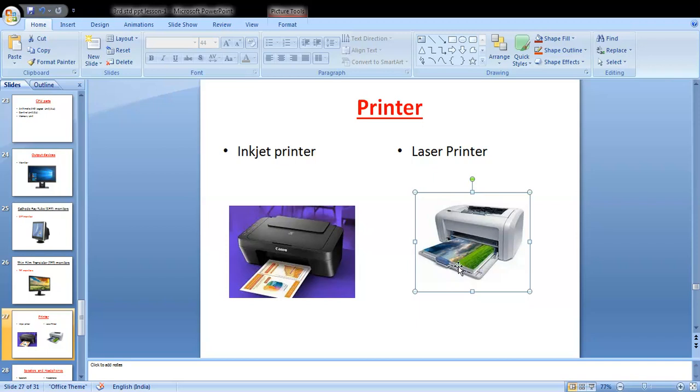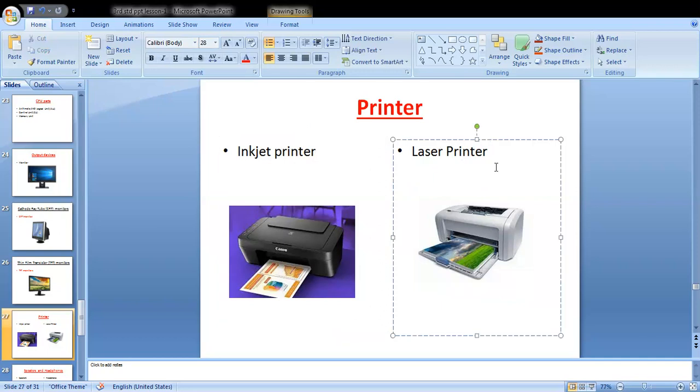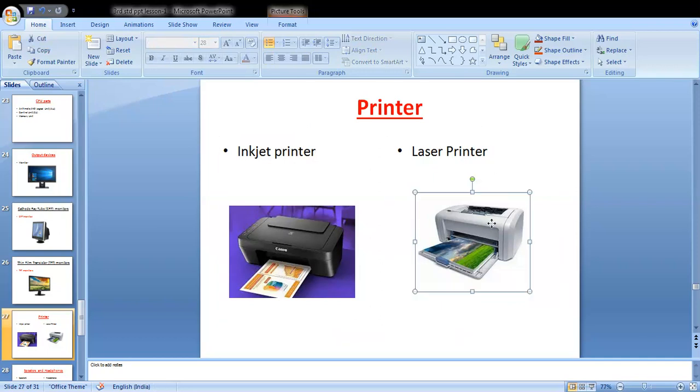Yes. There are various types of printers available in markets, for example, inkjet printer and laser printer. Laser printers work very fast as compared to other printers.